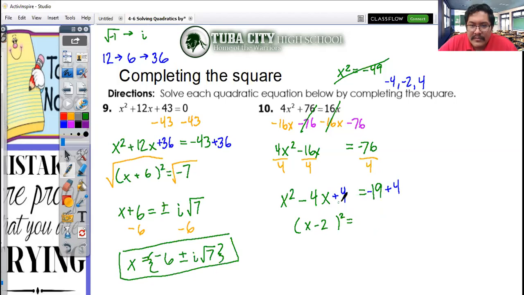All right, so two numbers that multiply to +4, but add to -4. So -2 times -2 is +4, and -2 plus -2 is also -4, so it works out for both of those. So here I have 4 minus 19, and that would be -15. And it looks like we have another negative on the opposite side, which means we are going to have